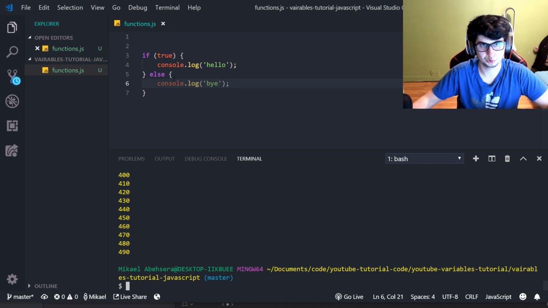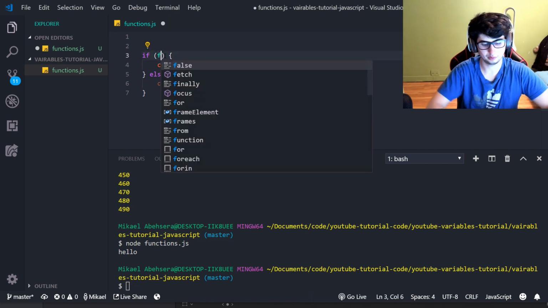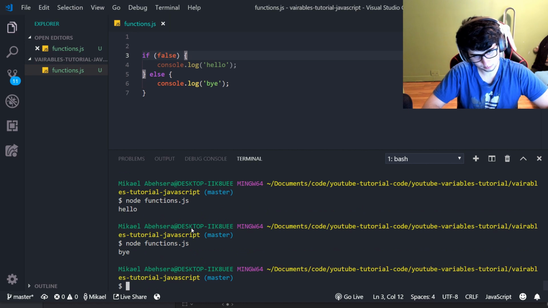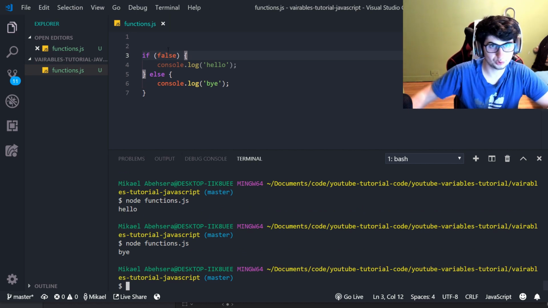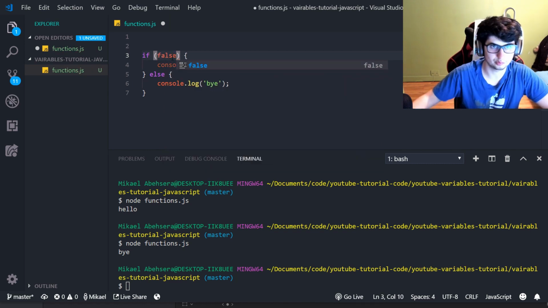now because I put the word true, it's going to say unreachable code detected, but it says hello. And if I go here and put false, it says bye. You could do more than that, so let's say this is false,